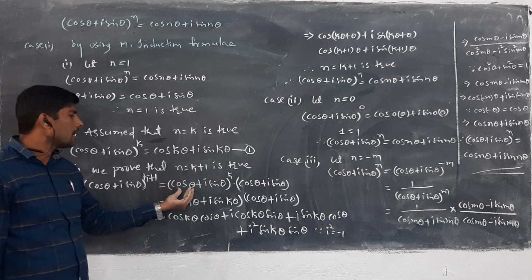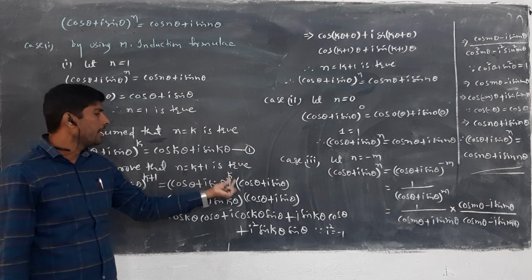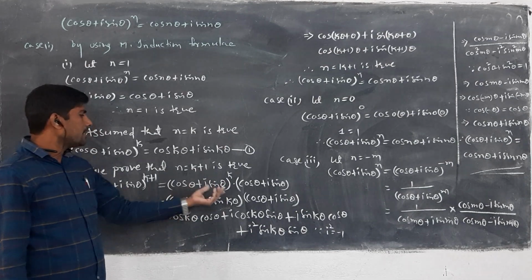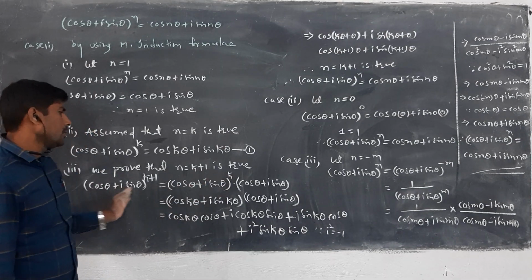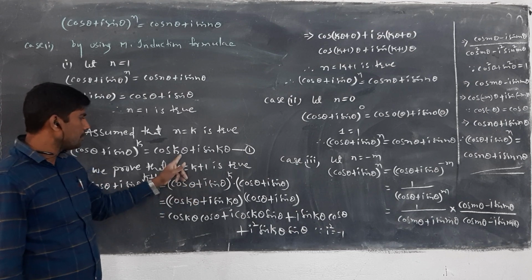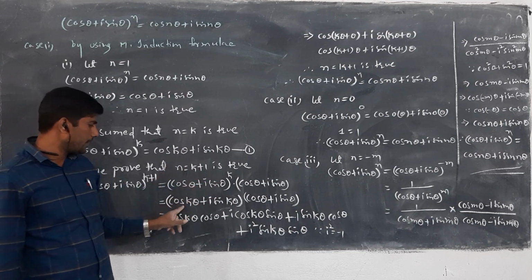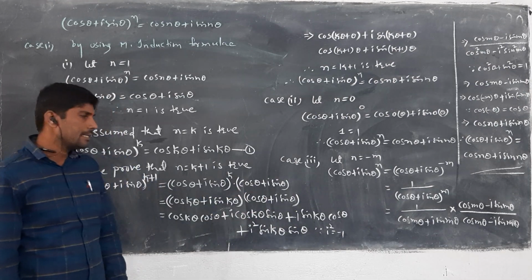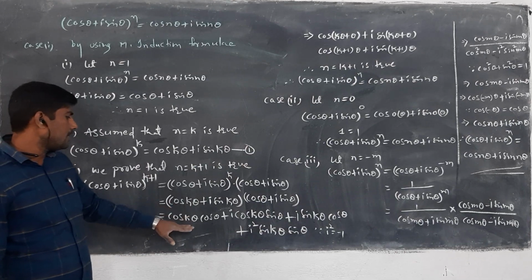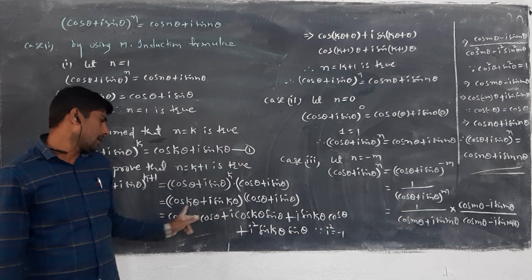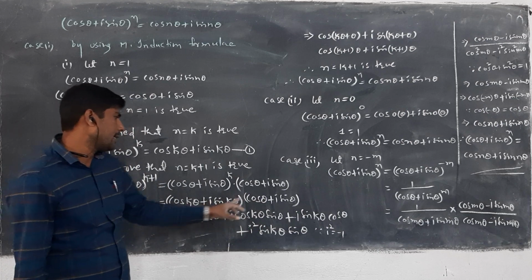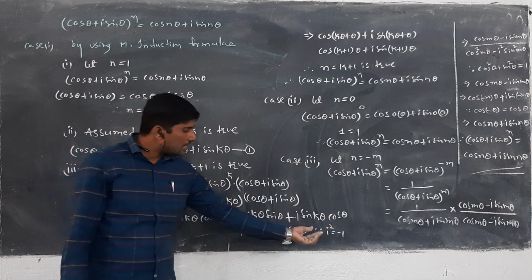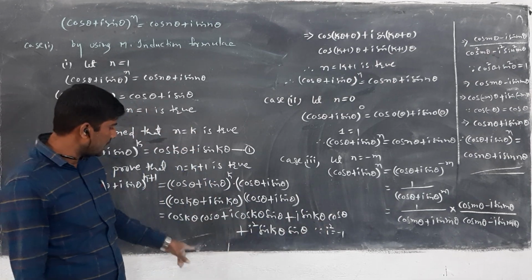So that is equal to (cos theta + i sin theta)^k into (cos theta + i sin theta). Dividing separately, the bases are equal and the powers are adding, so we get the same value. From equation number 1, (cos theta + i sin theta)^k is cos k theta + i sin k theta, into (cos theta + i sin theta). Next, here cos k theta into cos theta, plus i cos theta sin theta... plus i sin k theta into cos theta, plus i into i, that is i square, sin k theta sin theta. Because i square is equal to minus 1, we substitute i square is equal to minus 1.